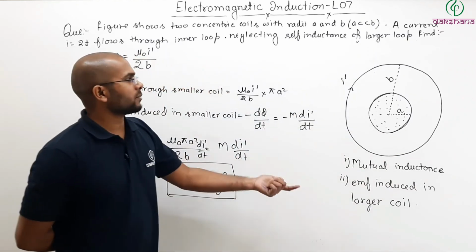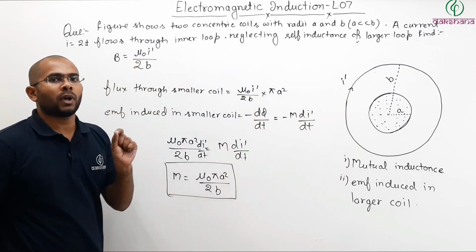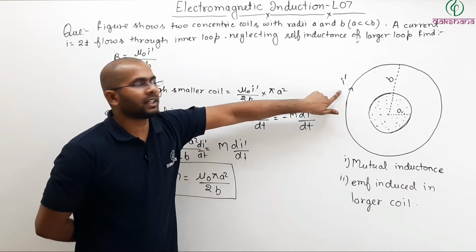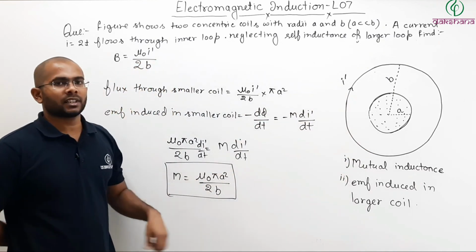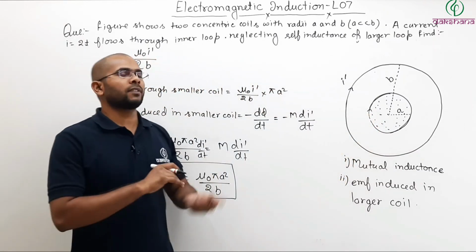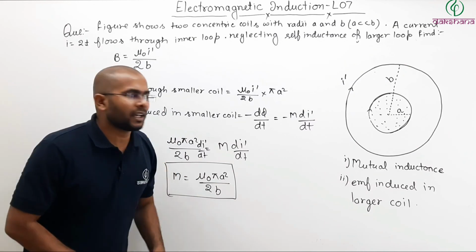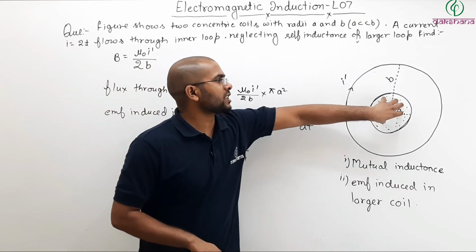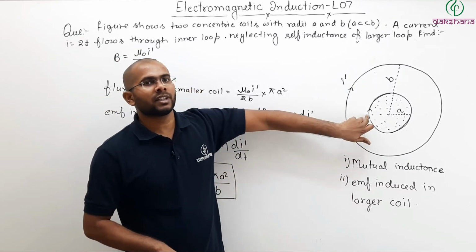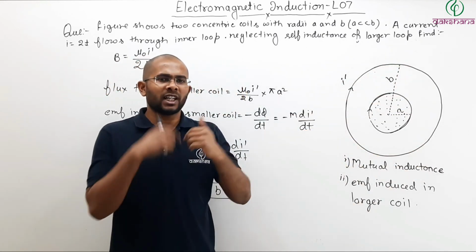Now remember, it does not matter which current you take or how you calculate, mutual inductance is a quantity which depends upon geometrical shape. So even though I have taken the current here and calculated like that, this mutual inductance will remain the same even if you calculate with current through the smaller coil and its field. But in that case, it will be a slightly difficult case. Why? Because here I could take the field through this entire area to be the same. But if you take current through this coil, then you cannot take the field through this bigger area to be the same. That is why it will be a little bit difficult.